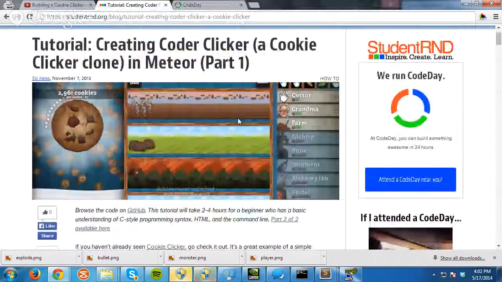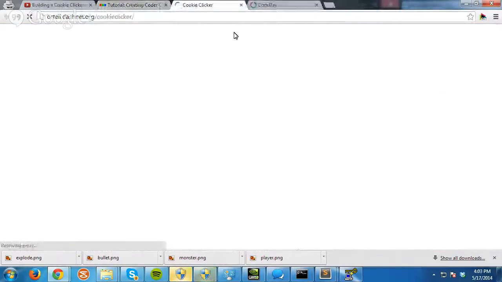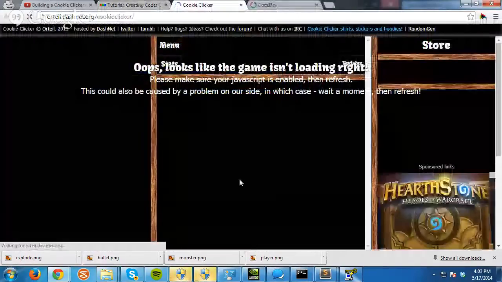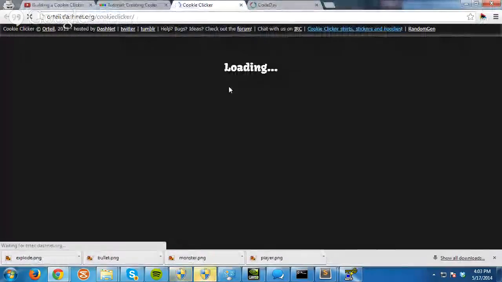So what we're going to be building today is Coder Clicker, which is a Cookie Clicker clone. I mentioned it earlier in one of the workshops, but it is an interesting game that got a lot of my friends addicted about a summer or two ago. And pretty much what it is